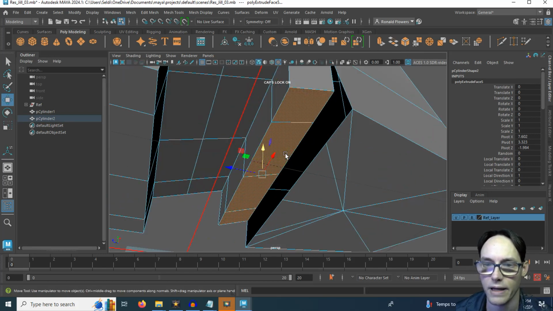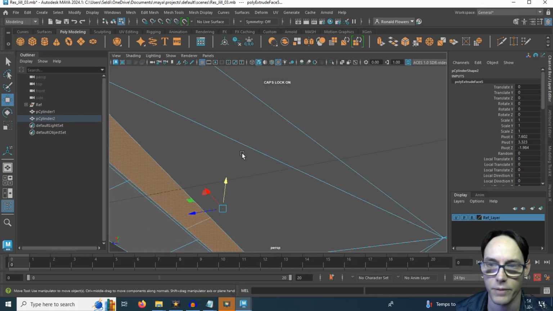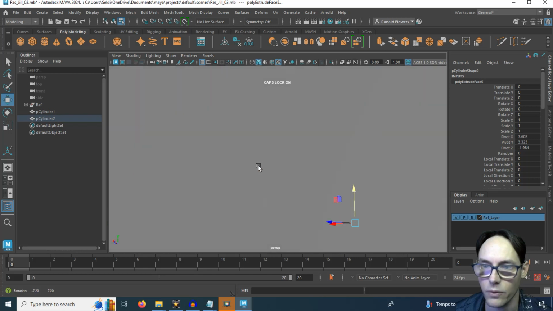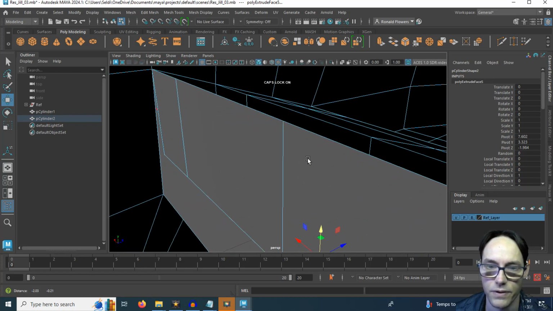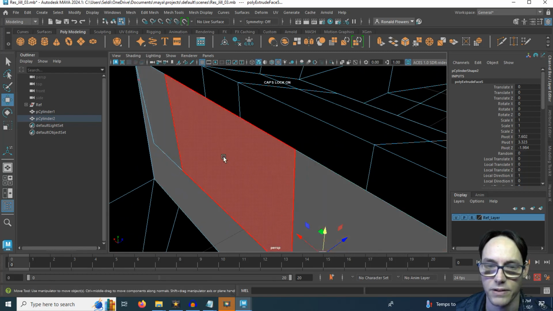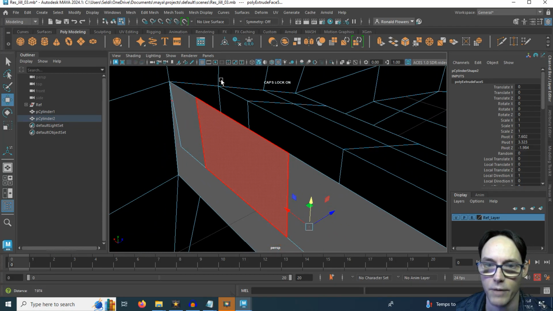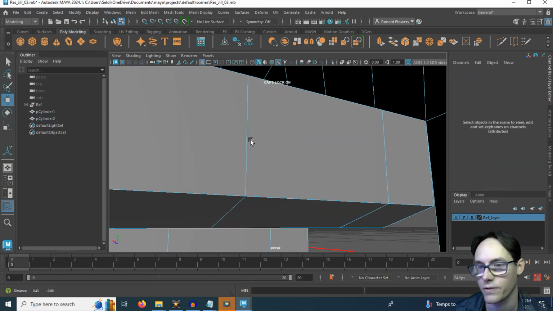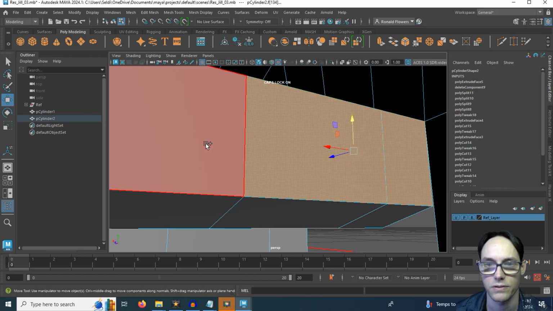Now, as I'm pulling this out, I'm going to go into here, inside of my shoe, and you can see inside here we have these internal faces. So these back faces here. You might be able to see them under here, but it's kind of tricky just because of that edge. So these are good, the bottom ones are fine, but these back ones have to go. So this one,